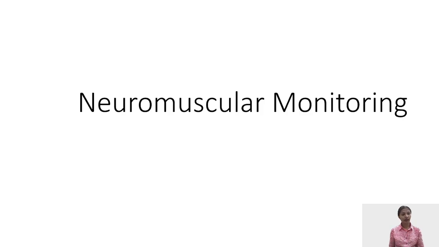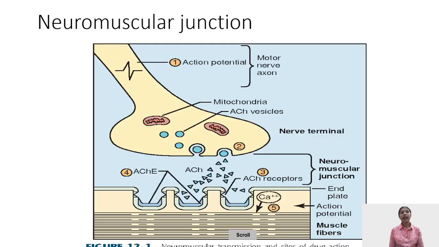So let's get started. Before we start with neuromuscular monitoring, I just want to recapitulate the NMJ. What is the neuromuscular junction? The neuromuscular junction is a complex which comprises, first, the motor nerve ending. The end of the motor nerve is mushroom shaped, and this is known as the terminal button. That is the terminal button of the motor nerve